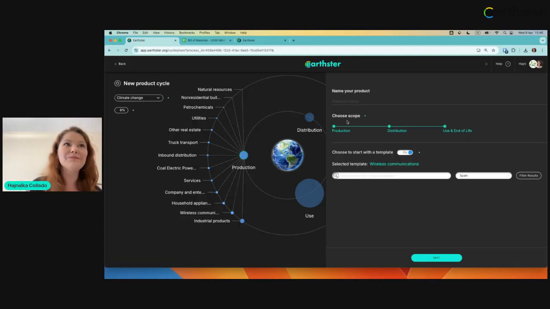Might not be that useful for doing a product LCA. Organizational LCAs maybe. But it's a fun way to play around with data. But now, the 3 new templates that will help you speed up doing your LCA work is we have a